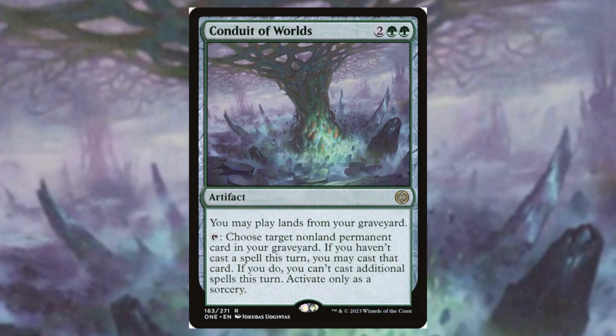Conduit of Worlds. I've been in love with this card ever since it's been printed. It honestly feels amazing to play with. Not only does it let you play land cards from your graveyard just for free, if you need something that you've discarded, it's going to let you play artifacts, enchantments, creatures, planeswalkers, any permanent you can think of that you've discarded and you need. Additionally, the drawback to only cast one spell if we do that is not going to be crazy, since our commander is basically just going to negate that effect